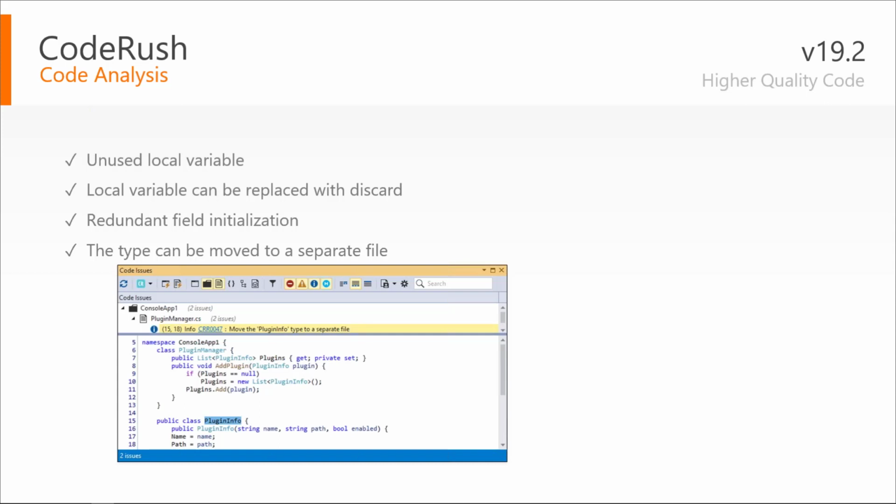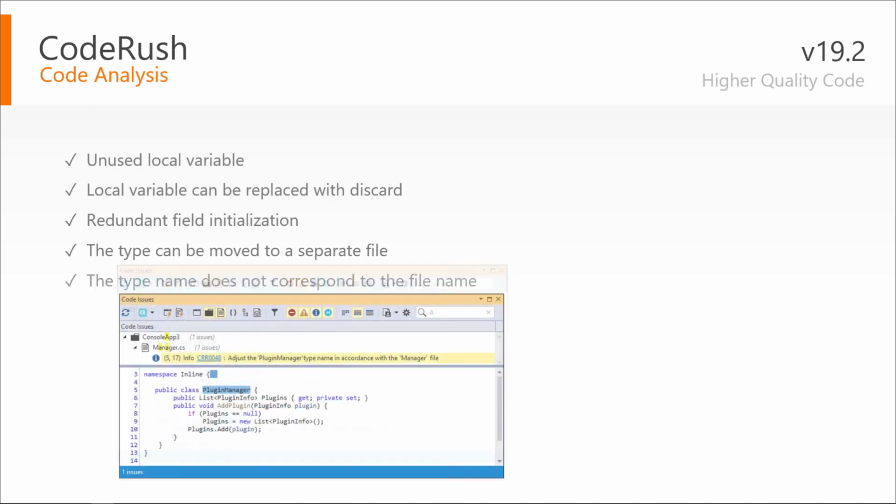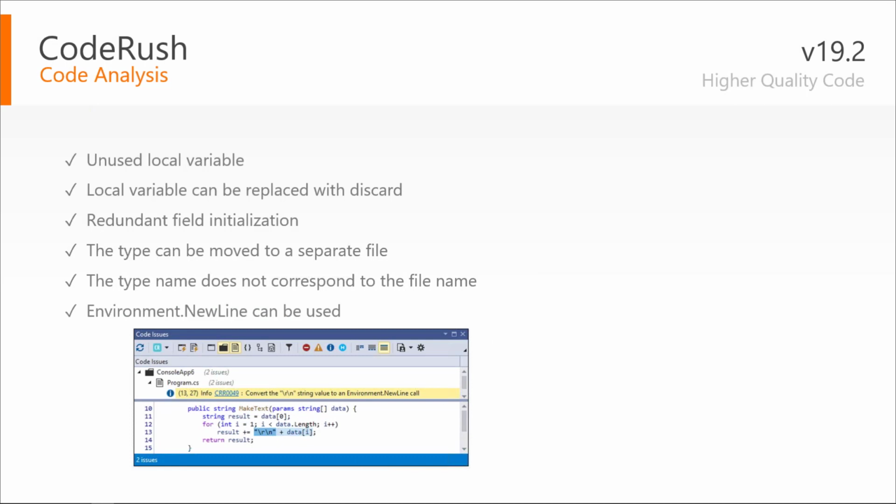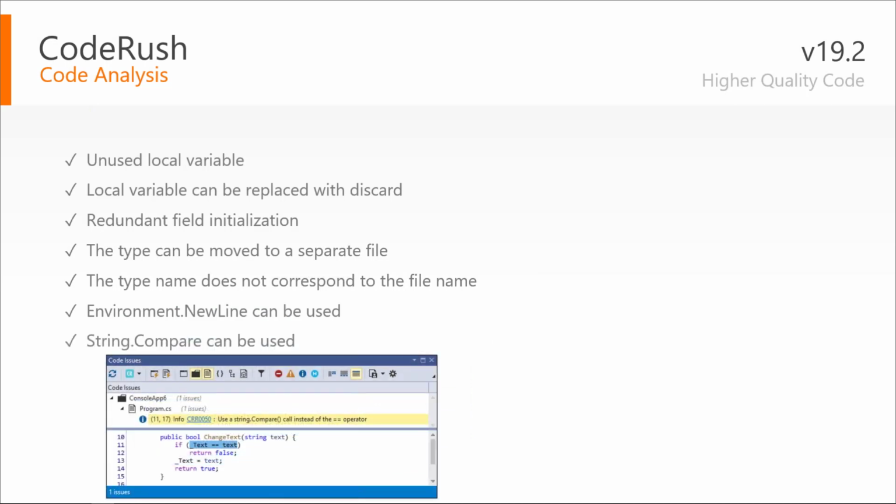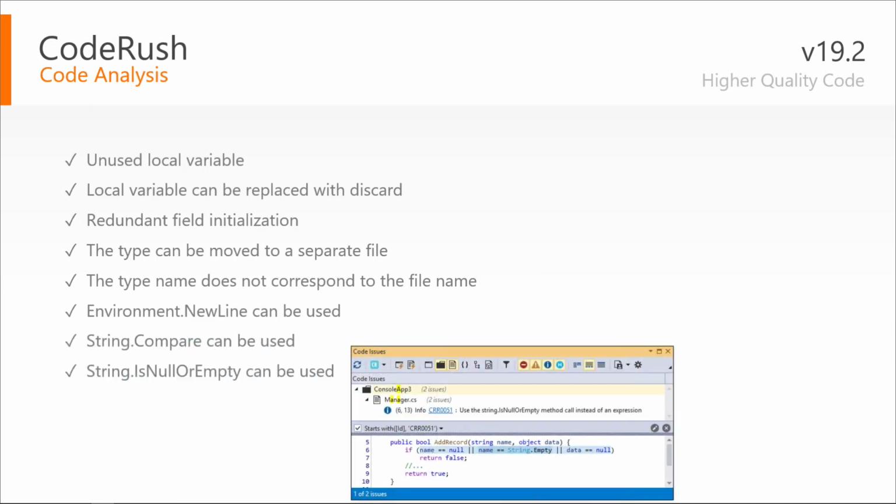And so it's like, okay, well, we'll move the other one that doesn't have the same name as the file to a separate file. Type name does not correspond to the file name is when I've got only one type in the file and the name doesn't match up. And environment new line can be used, and string.compare can be used, and string.is null or empty can be used,